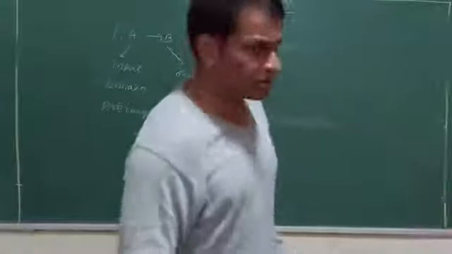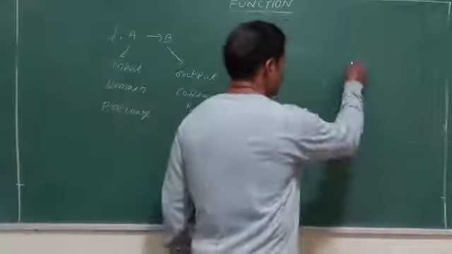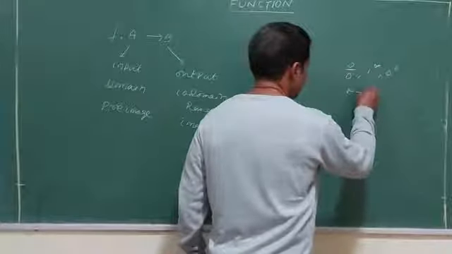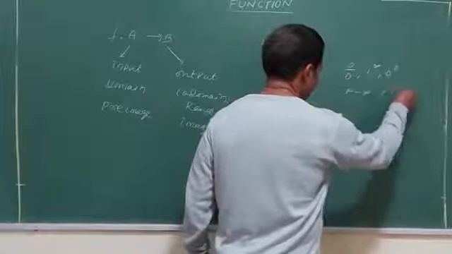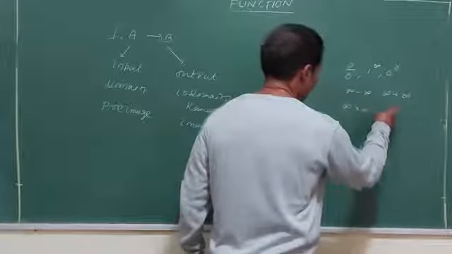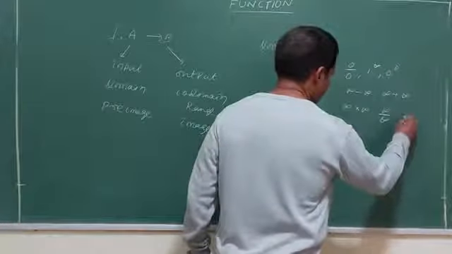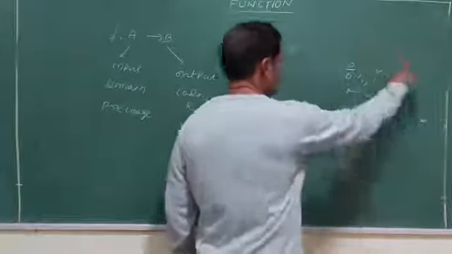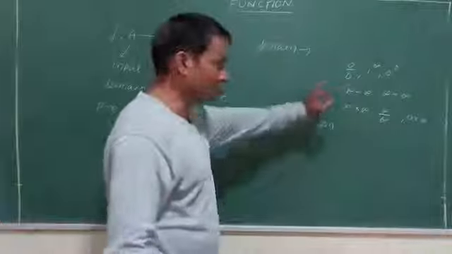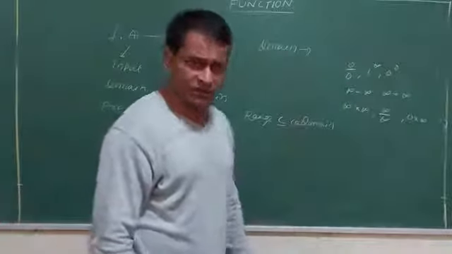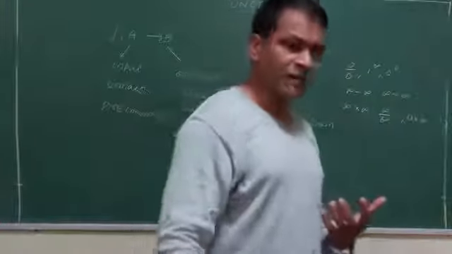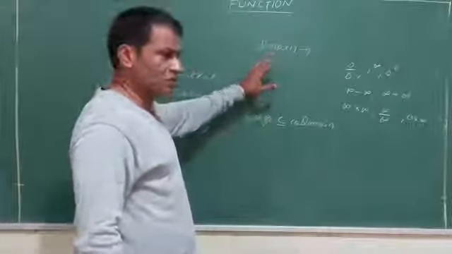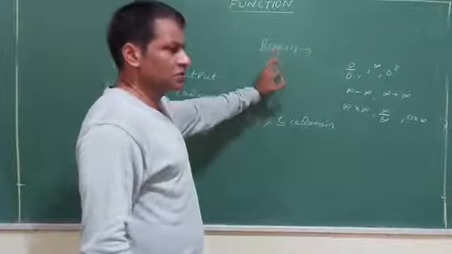What is a finite value? Which are not 0 by 0, 1 to the power infinity, 0 to the power 0, infinity minus infinity, infinity plus infinity, infinity into infinity, infinity by infinity. Then 0 into infinity. I have to avoid all these things. These are undefined values. That means when I get a finite value, the defined values, that is known as domain. So I am going to give such inputs which give me a finite value.